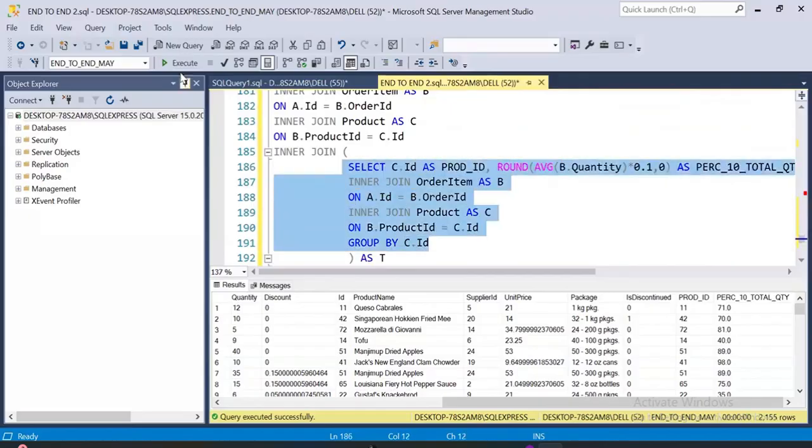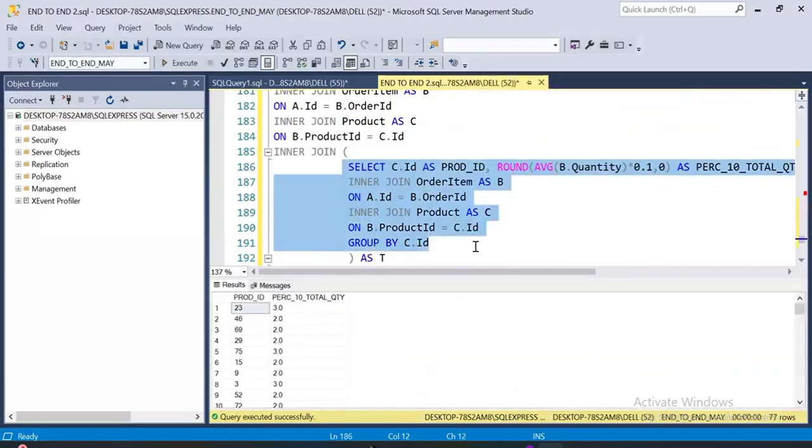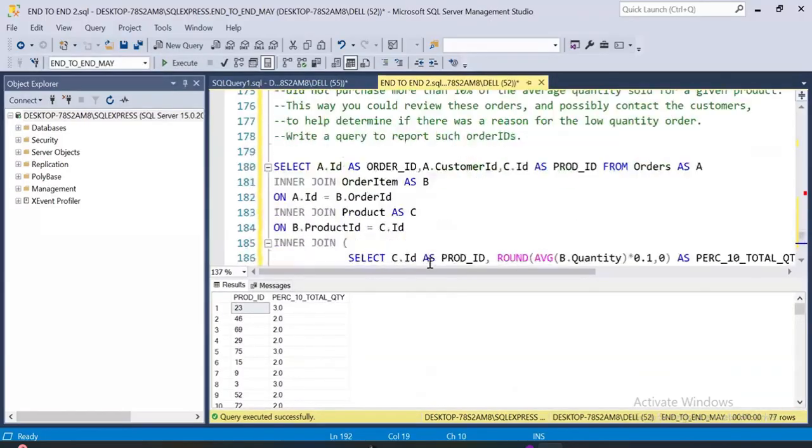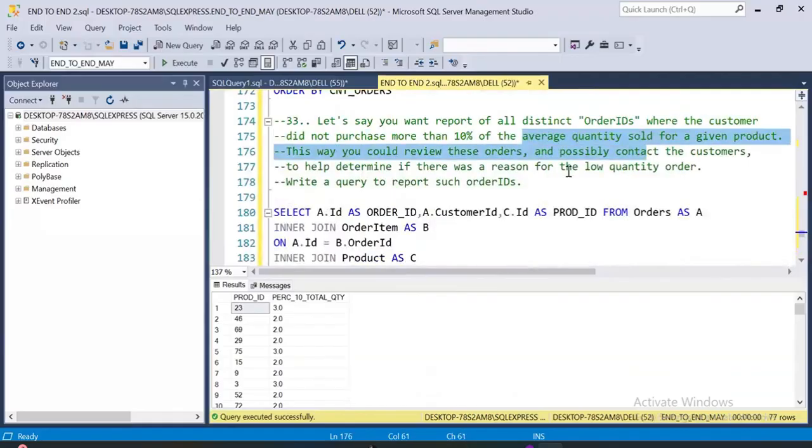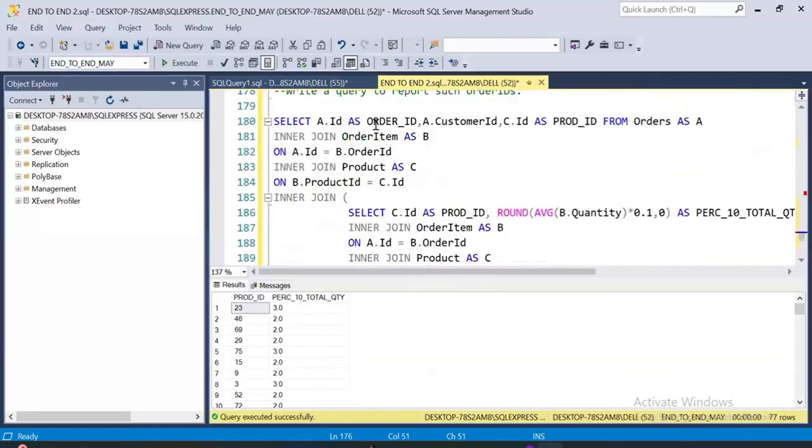ठीक है? So this will be the average. Right? Now it's correct. ठीक है? Average यहाँ पे average आएगा. So this is, तो ये hierarchy important है यहाँ पे कि पहले order ID आएगी. In that order,